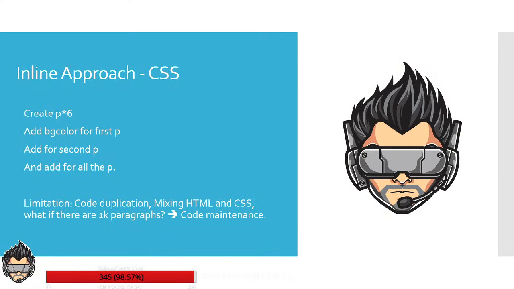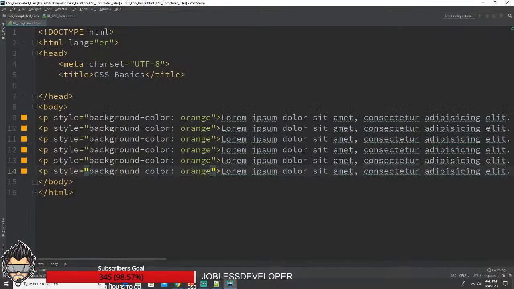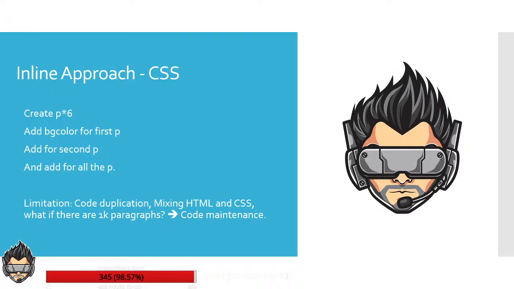These things are called limitations. So what is the limitation? The first thing is code duplication. Where do you call it a code duplication? See, I'm using the same code. The style background color is orange for all the paragraphs over here. So why do you want to duplicate code when you can write it in one place and use it everywhere? That's easy, right? And here what we are trying to do is mix both HTML and